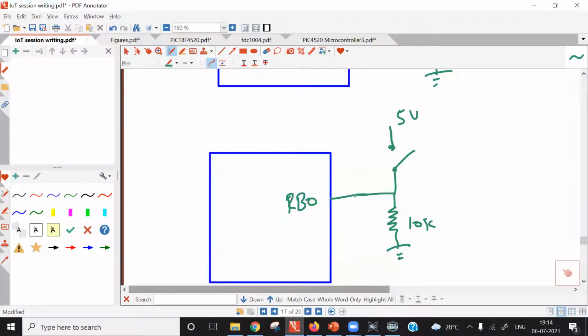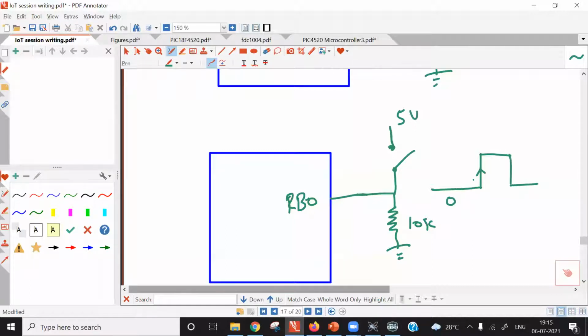So when switch is open, logic 0 is applied, and when switch is closed, logic 1 will be applied. So continuously signal will be at logic 0, and when switch is closed, it will rise to 5 volt, and when switch is again open, it will go down to logic 0. So in this case, when we use pull down resistor, we must configure interrupt for rising edge.